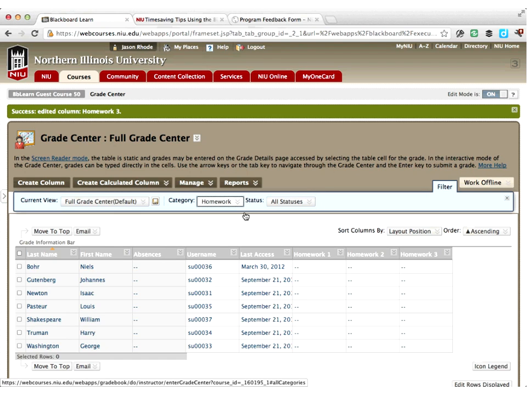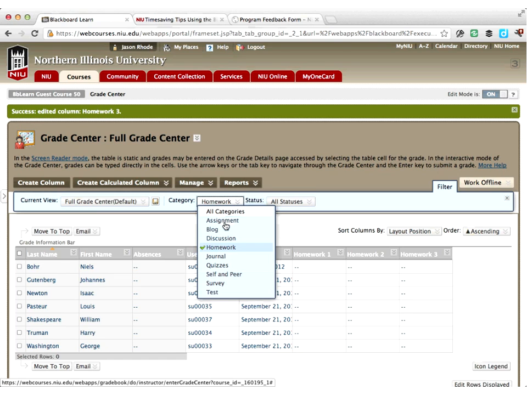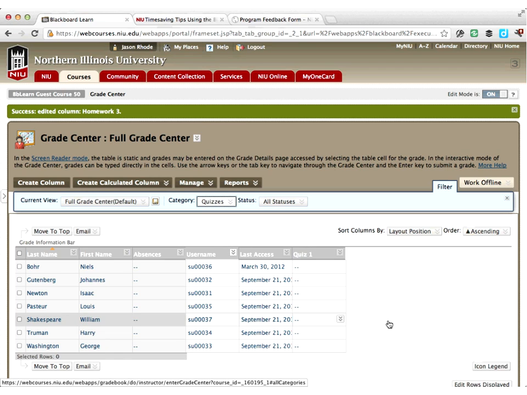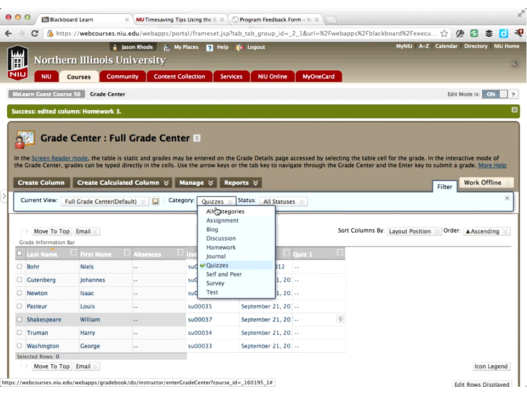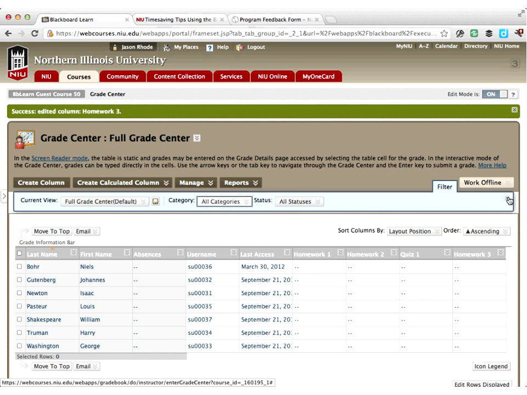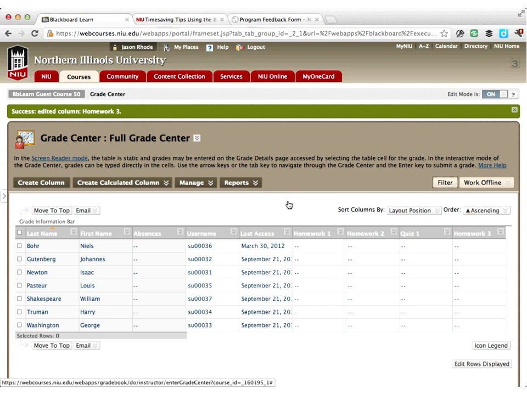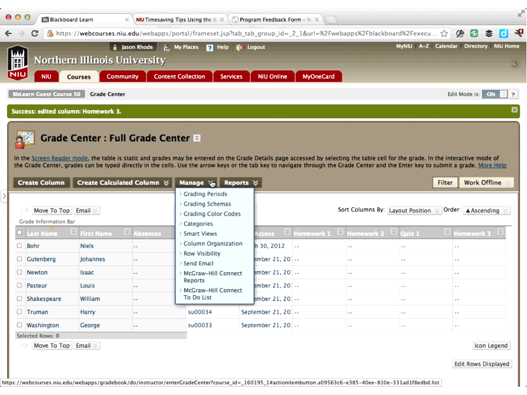So if you can just imagine if you had a variety of different types of columns, lots of columns in the Grade Center, you can be very selective in how you set up different filters to help you. And you can filter by any of the categories that you are using. So if I wanted to just see my quizzes, now here's just my quiz view. So that's one way you can use categories. And we'll just go back to all categories and close out of the filter. But even more powerful than just filtering is the use of what are called smart views. So when we go up here to Manage once again,